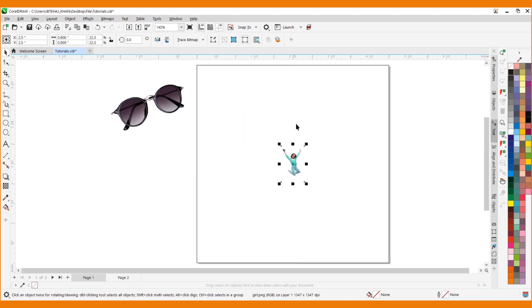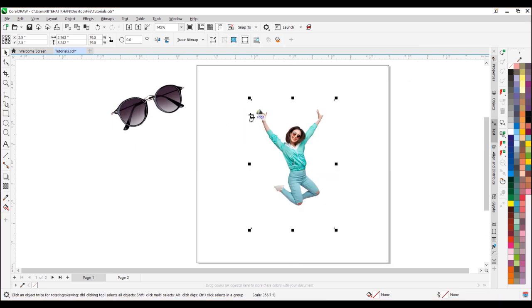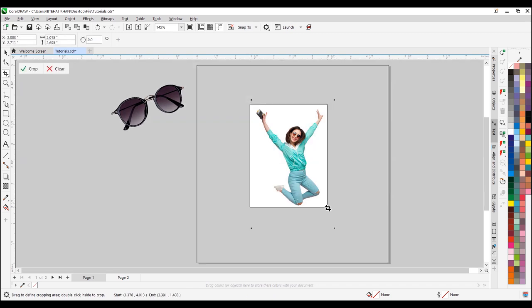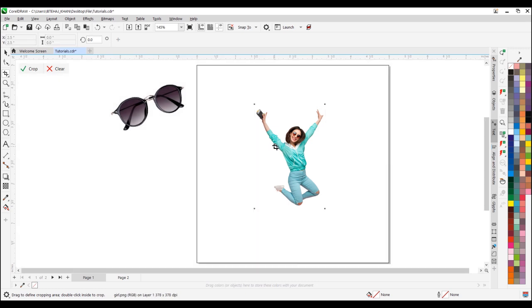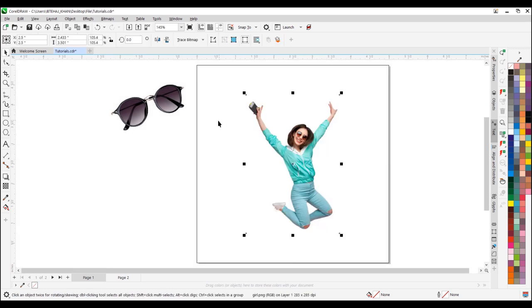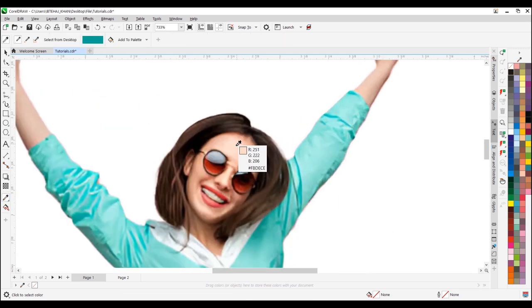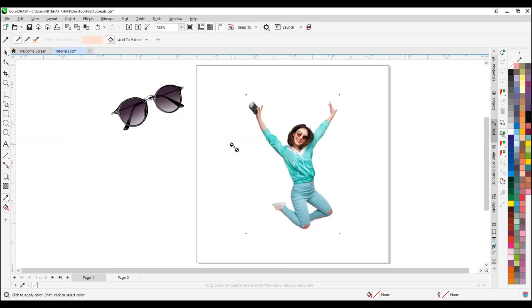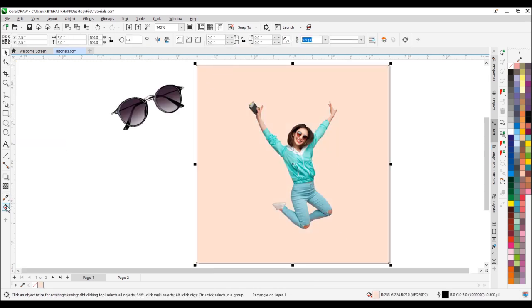Place the image in the center of the page and select the Crop tool to crop the image. Select the Pick tool for selection and resize the image according to your choice. Take the Color Eyedropper tool and select a reference color from the skin tone in the image. Fill it in the background rectangle, and take